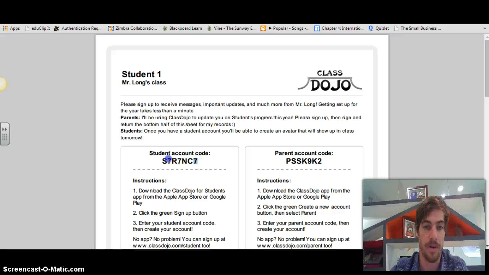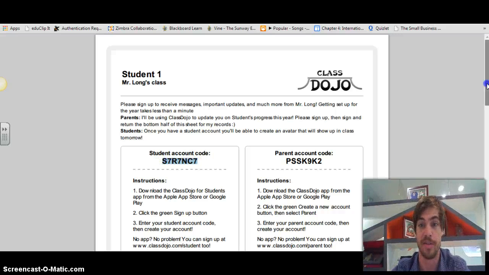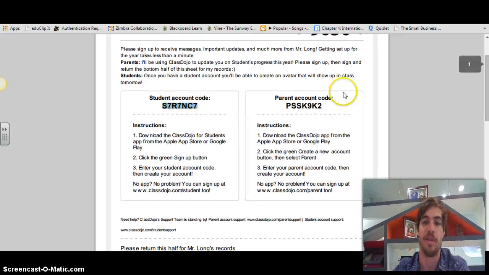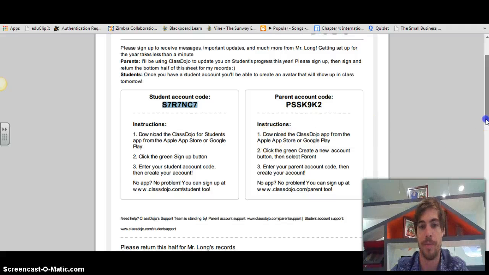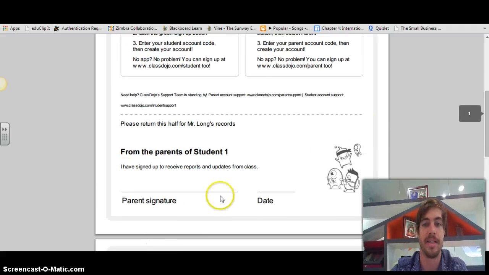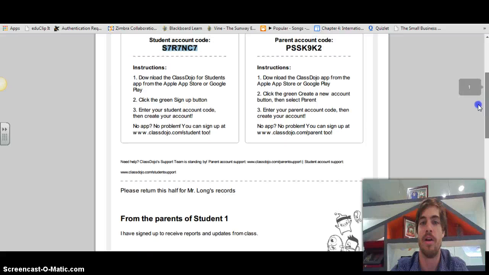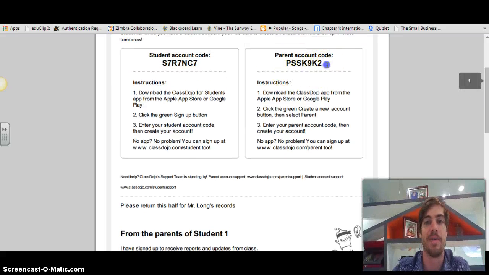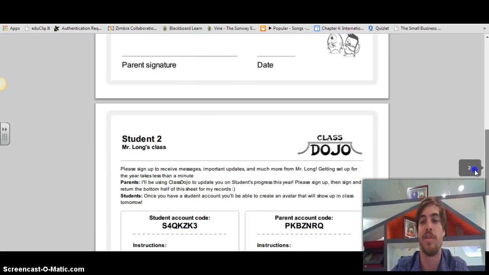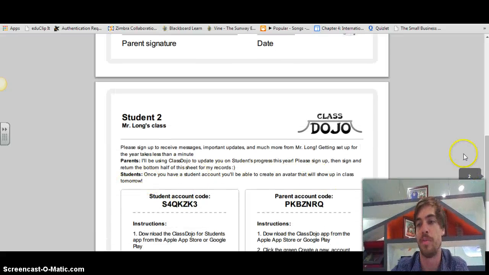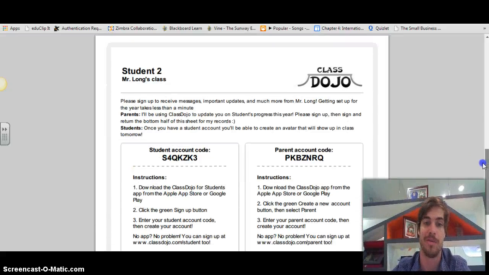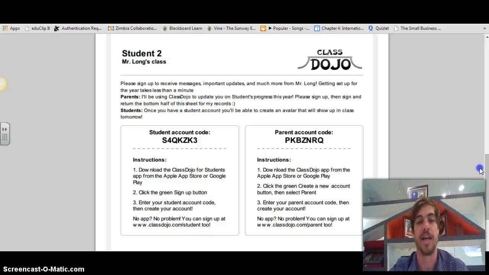This is their account code for them if you just want to have the students on it. But you can also send this home, and it's got a little form at the bottom for a parent signature. The parents can get involved as well, and they can either download the app and have it right on their phone and check how their students are doing, or they can just get the Class Dojo app on the web browser. So they can check it either way and see how they're going. And it'll give you an individual slip for everyone, so you can print these out or just display them on the board in front and have the students sign up,